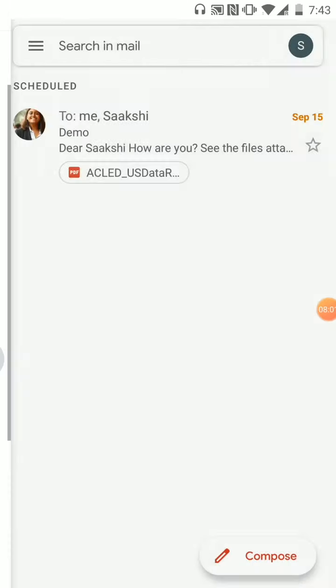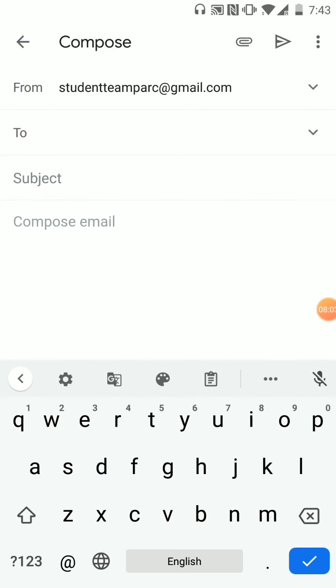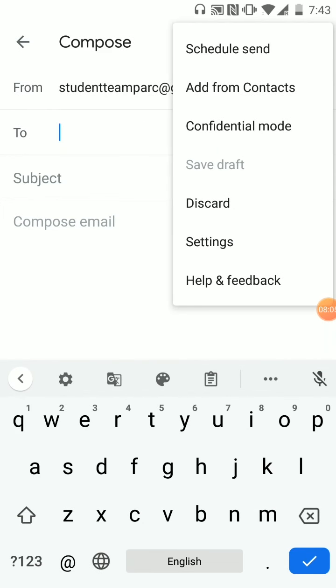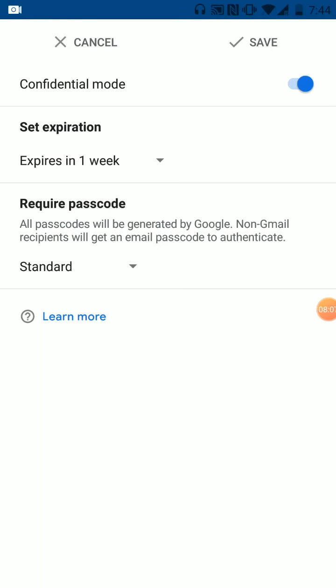Another option that you have to send a mail is here, confidential mode. What confidential mode allows you to do is that it prevents the recipients from downloading, printing, or forwarding your mail to other people. It also lets you set an expiration date after which it cuts off access when that day arrives.